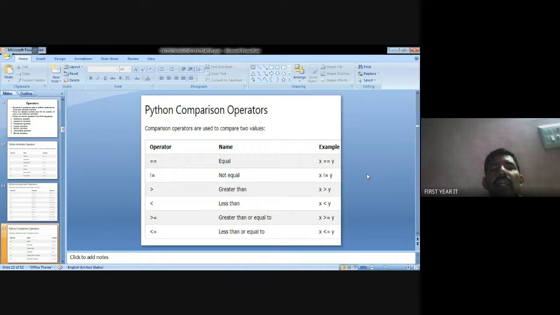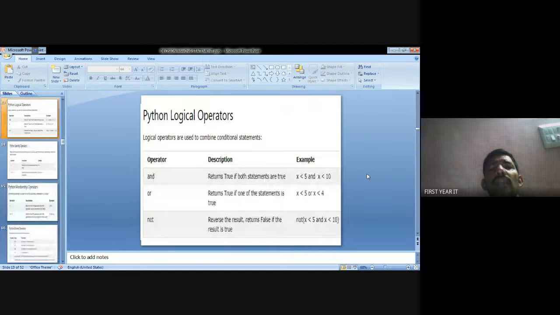Greater than or equal to, less than or equal to, those check the conditions. Suppose x value is 5, x greater than or equal to y, where y value is 5. Is the condition true or false? True. Greater than or equal to means the condition is true. Suppose x greater than y, checking 5 greater than 5, the condition is false. So equal means that condition will be true.